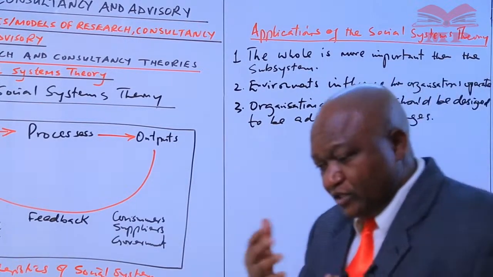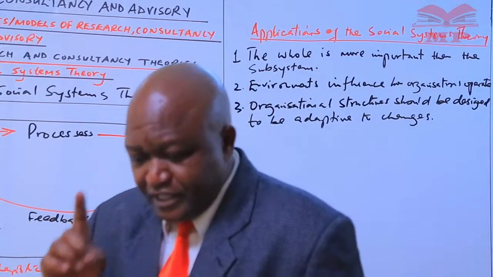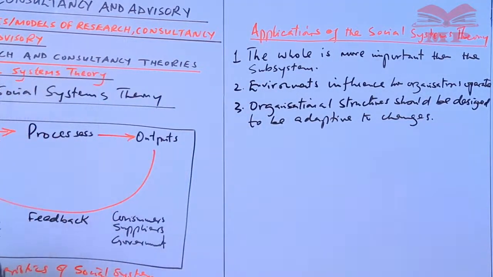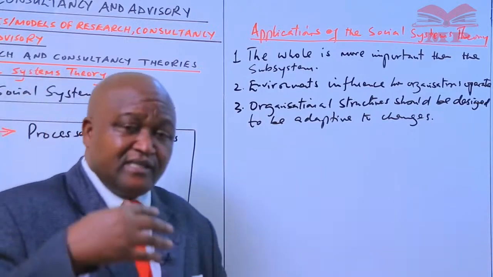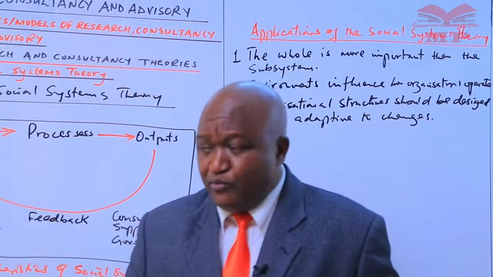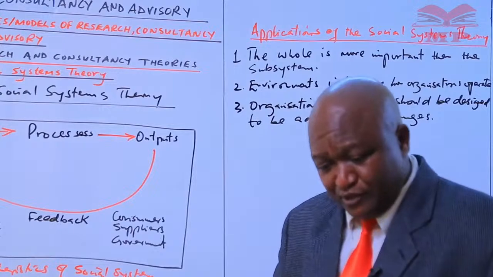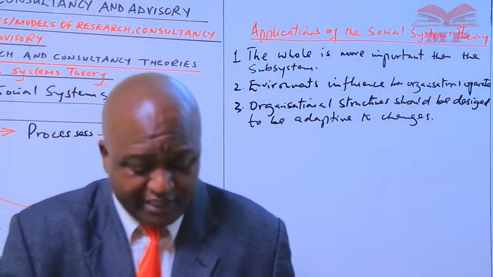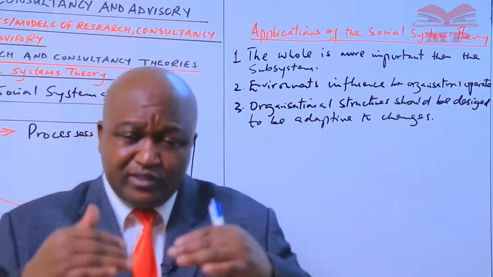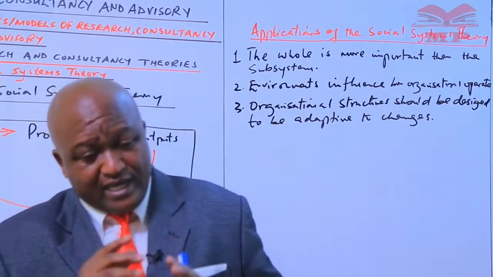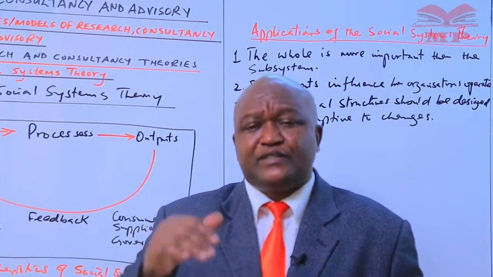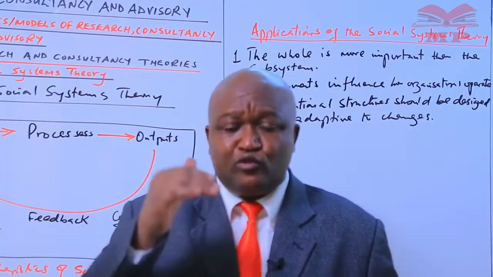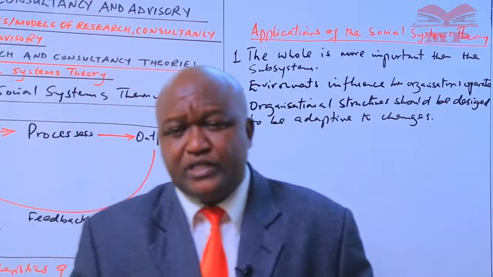What is noted widely is that change is the only thing that is permanent. So as organizational structures are designed, it is important to be informed by the social systems theory that change will come. So organizational structures should be designed in terms of how they relate to different functions, with the understanding that when change comes, this particular structure is flexible enough and can be adaptive to the changes that are anticipated